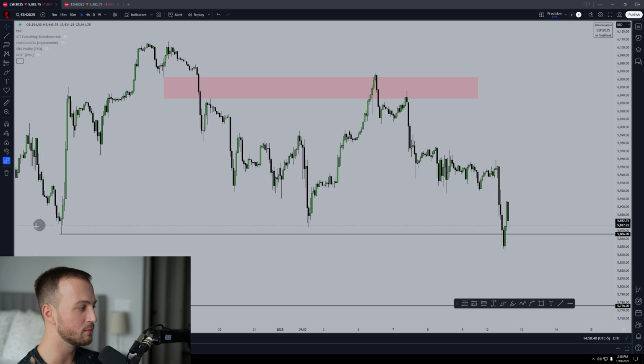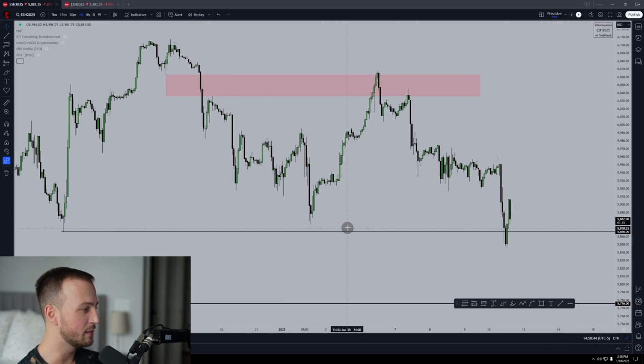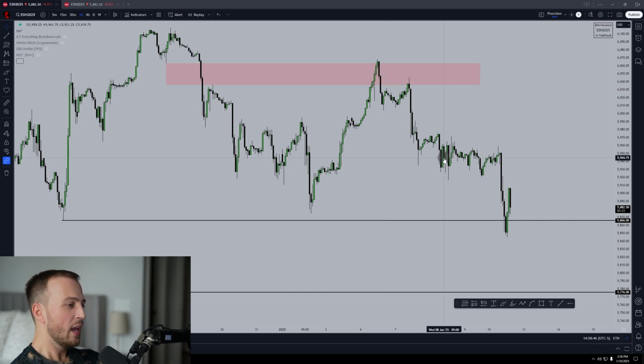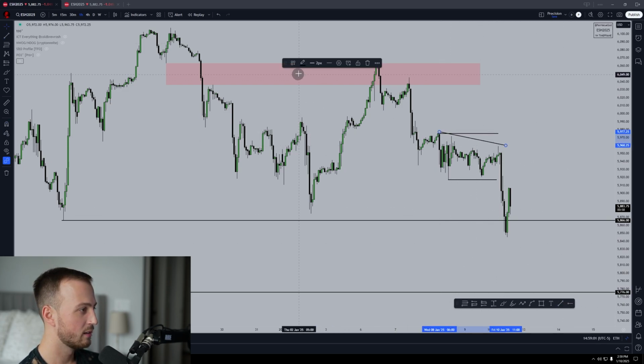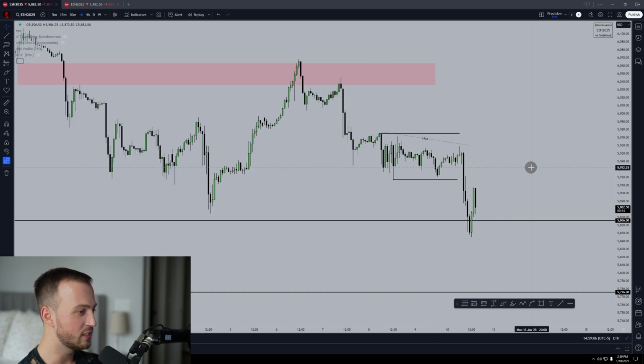So we have these equal lows marked out by this line right here. So there's sell side liquidity resting below those lows. And what I really was waiting for in the morning was this, right? If we mark out this range low and this high, a lot of low resistance liquidity up here. And so I really thought that we might manipulate, right? Because you can see if we zoom in here,